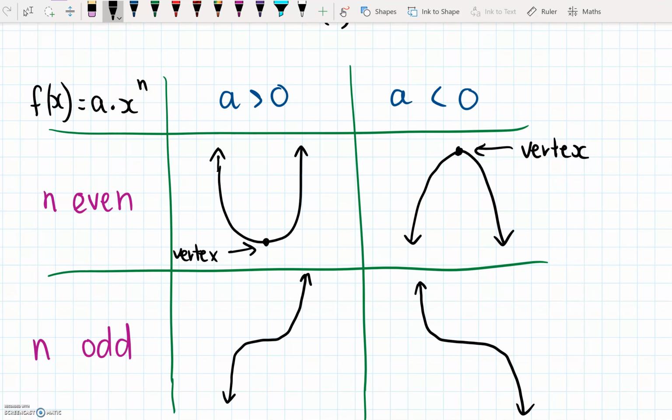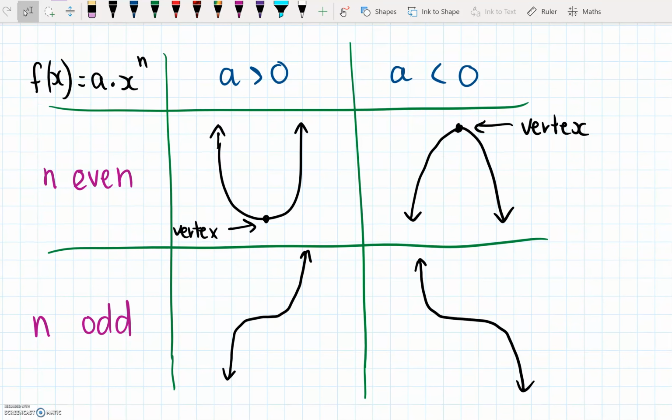So this is the vertex. All right. Now, in a cubic function and beyond, in an odd function, this cannot be called a vertex, okay? Because a vertex is always a maximum or a minimum. So this is what we actually call a point